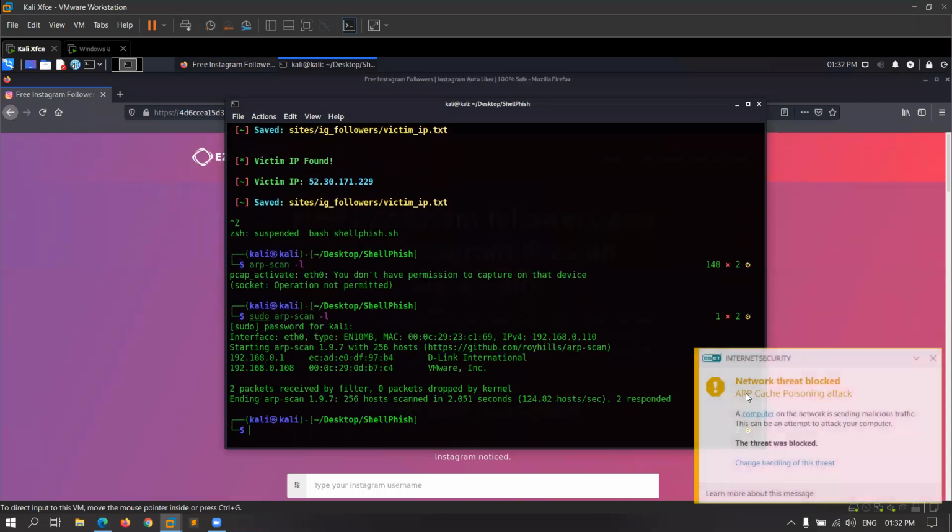And you can see the pop-up has come up. Network threat blocked. ARP cache poisoning attack. A computer on the network is sending malicious traffic. This can be attempt to attack your computer. The threat was blocked. तो इसलिए ये वर्चुअल मशीन पे भी काम कर रहा होता है, इतनी स्ट्रांग प्रोटेक्शन है इसमें।